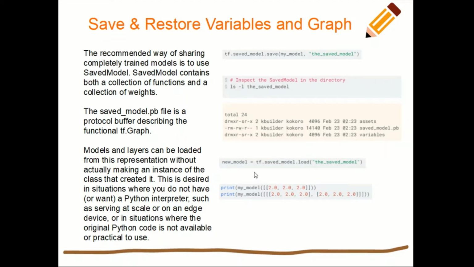And one thing to keep in mind is that in the case of save and the load after that, it's not necessary to have a Python interpreter, because we are using tf.saved_model.load. So this is a serialized model that we are loading over here. Okay,